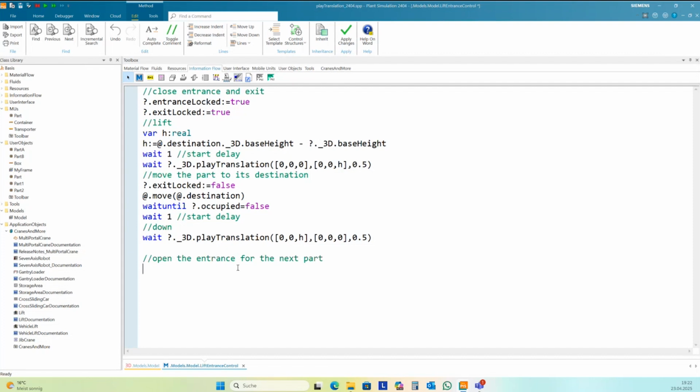And then we can open the entrance for the next part. And these are the basic steps.